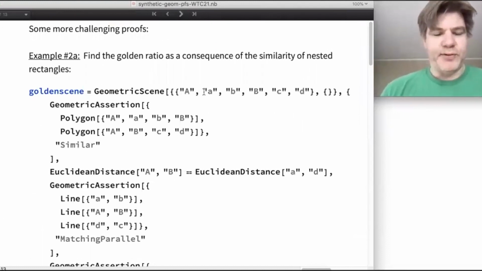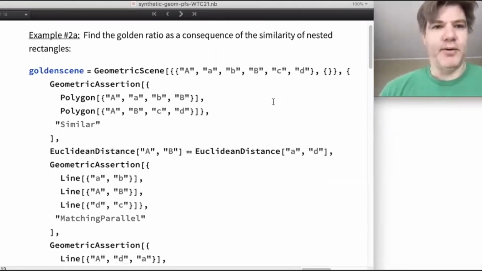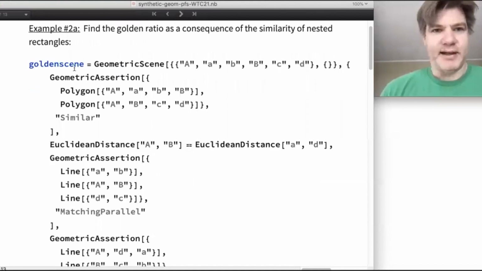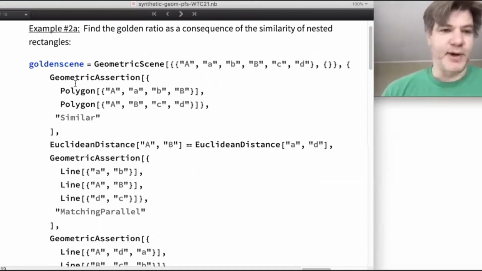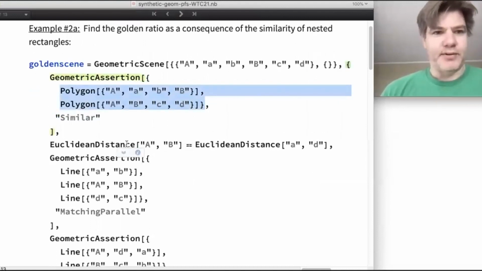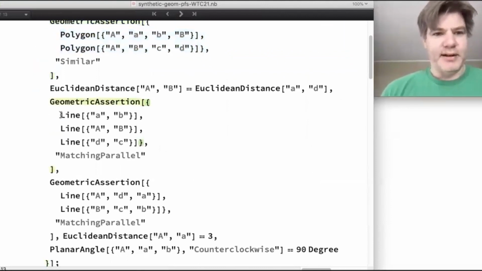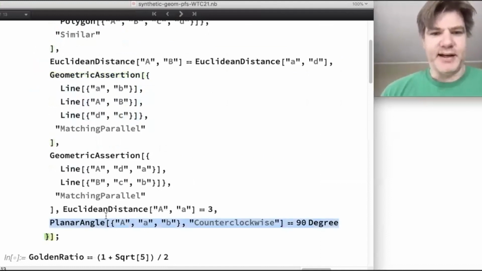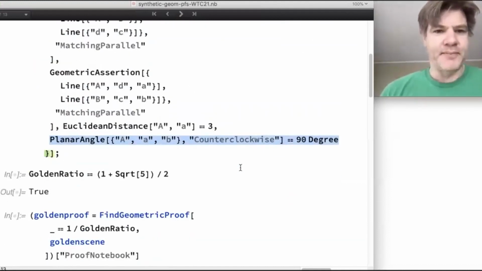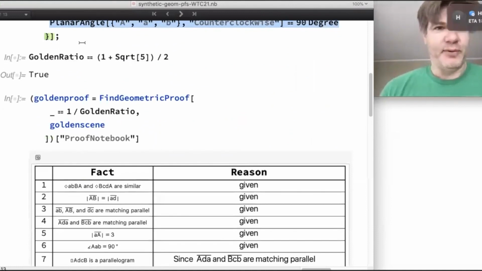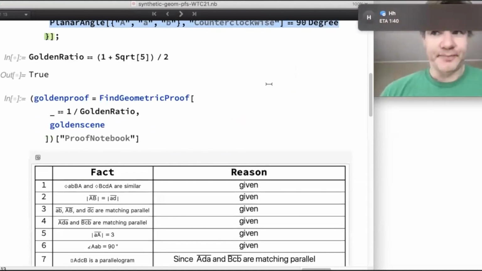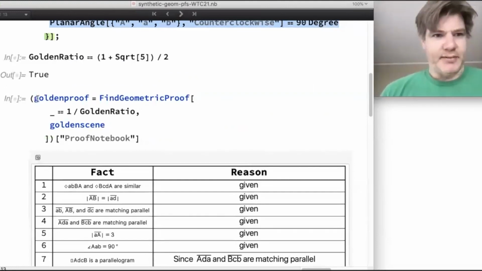So a more challenging proof would be to find the golden ratio from the classic nested triangles and nested rectangles. We assert that 2 rectangles are similar, and we have to assert that the sides are parallel, so it's a parallelogram, and we also need to give that at least one angle is 90 degrees, so we know they're rectangles. And we want to find the golden ratio, which is this number, and we run it through